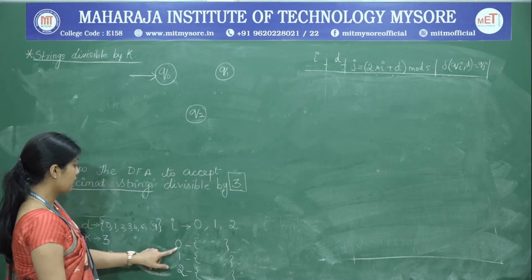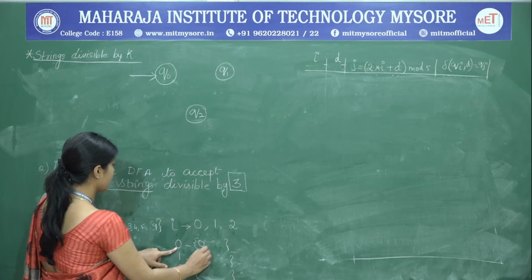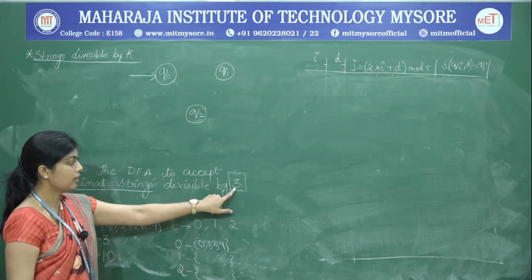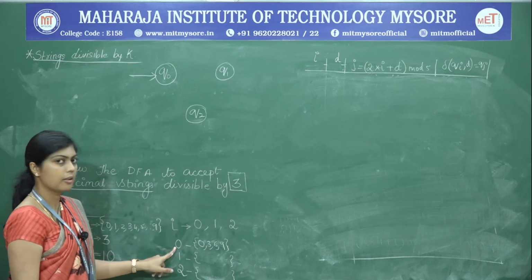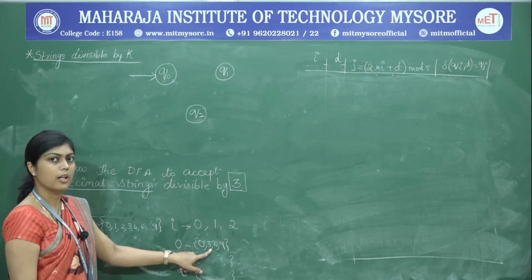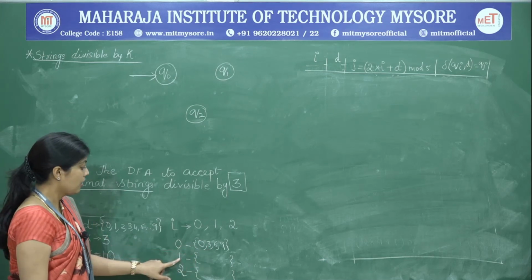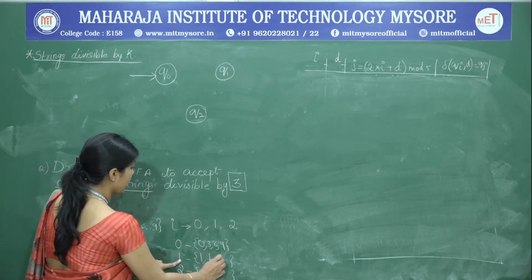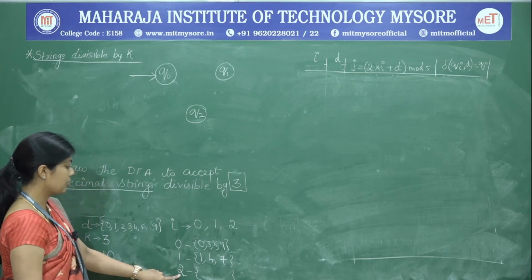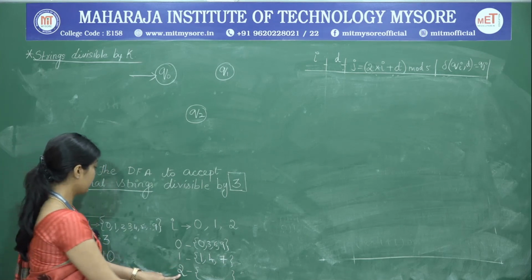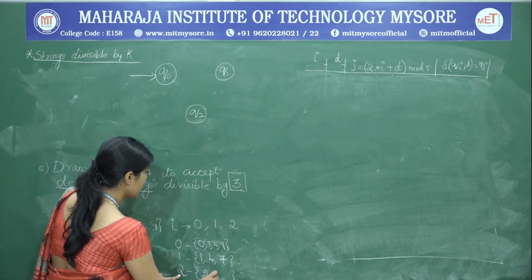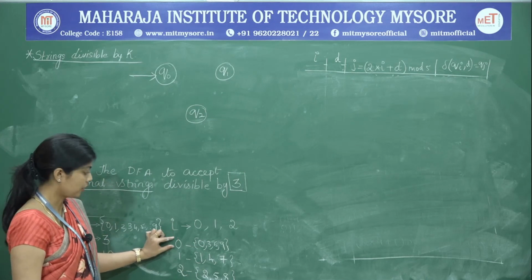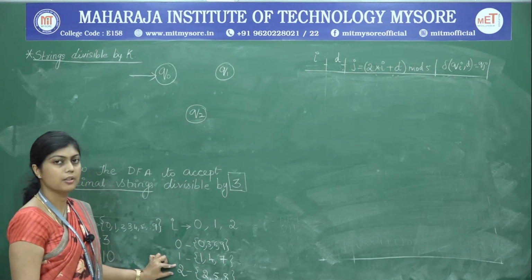So, everything that results in a 0 remainder is 0, 3, 6 and 9. All these digits, when we take modulo 3, are going to give us remainder 0. All of them are going to have the same transitions. Next, anything that results in a 1 is nothing but 1, 4 and 7. Any digit that results in the remainder 2 is nothing but 2, 5 and 8. So, it is enough if you find out the transition for the first group, second group and the third group.